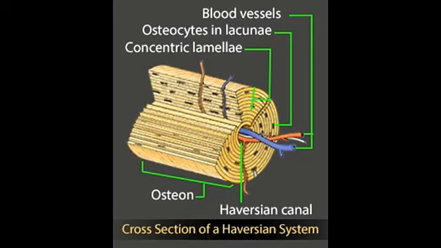The term Haversian system refers to the arrangement of cylindrical-shaped structural units called osteons in compact bones. Buzzle provides a labeled diagram of the Haversian system to help you understand its structure and function. Did you know? The Haversian system gets its name from an English physician named Clopton Havers